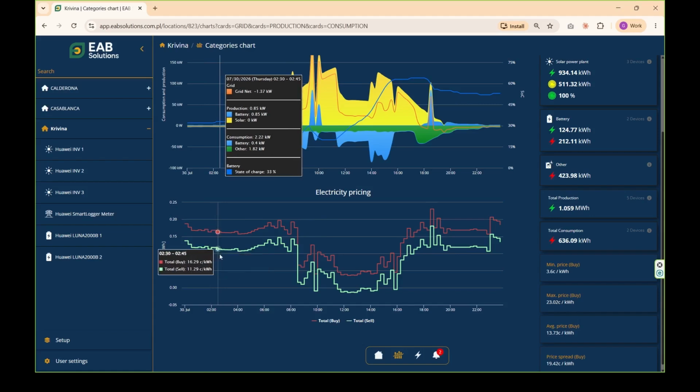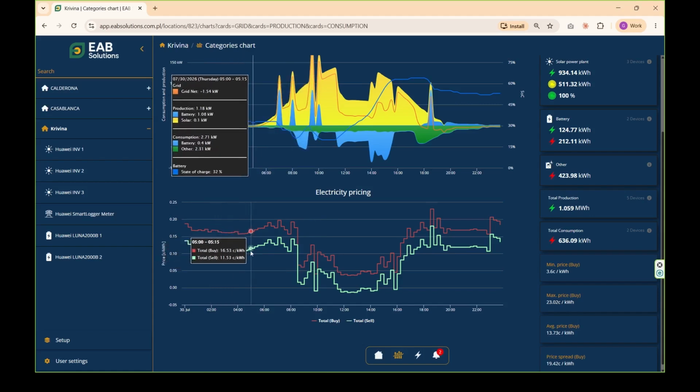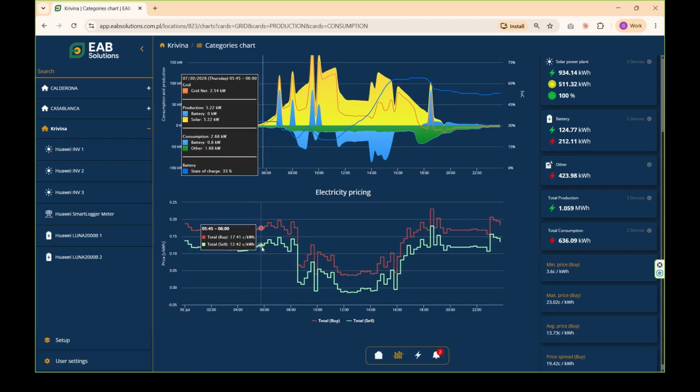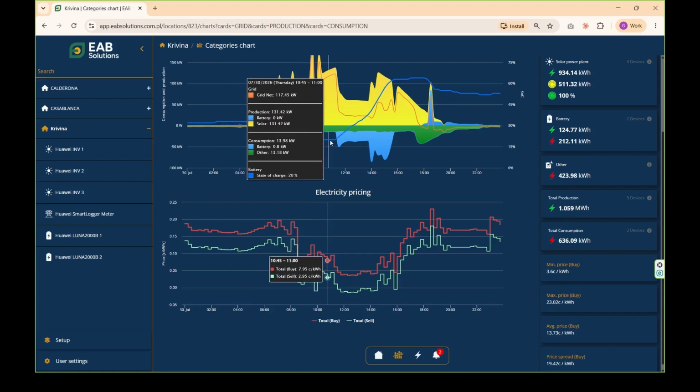And in green, what we'd be paid for selling electricity on the spot market. As you see, the sale price is always lower than the purchase price. We buy dearer than we sell. They buy our energy at a lower price than we pay for it. That's not a problem, because the beauty of these systems is that, as you can see here, this blue curve,